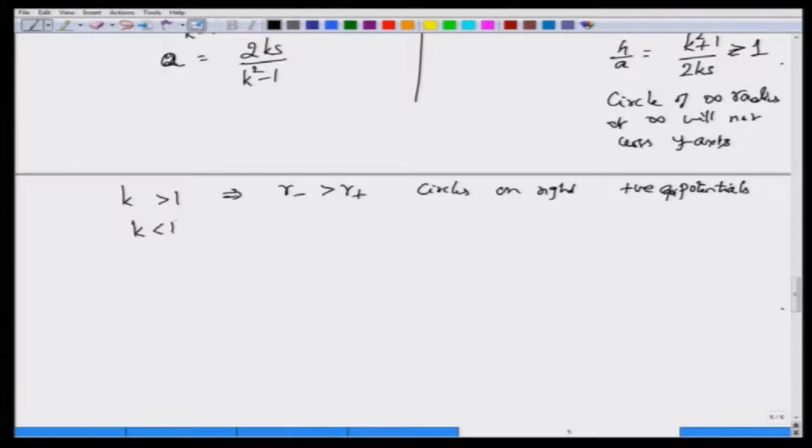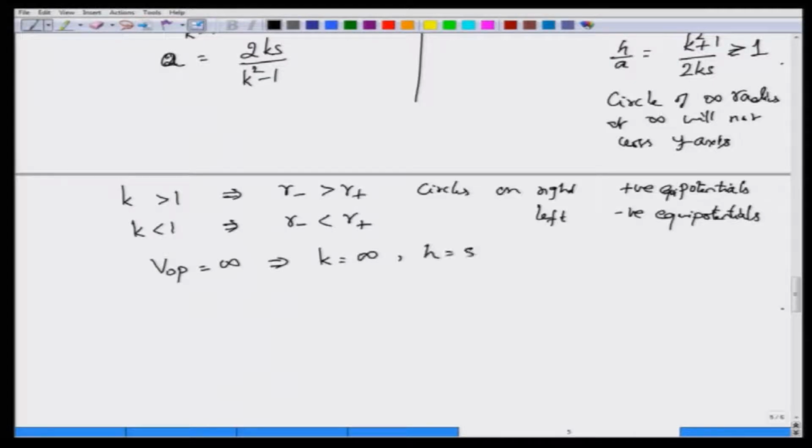When k is less than 1, this implies that r minus is less than r plus, and all circles are on the left and they give you negative equipotentials. And VOP going to infinity implies k has gone up to infinity. In that case, h is equal to s, a is equal to 0. The center of the circle, h, has moved to s and the radius has become